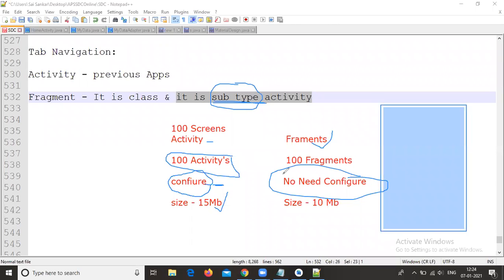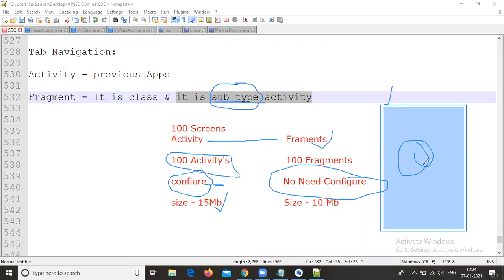Okay, so now you may have a doubt: sir, without configuring the fragments, how do we read these fragments in our Java file? That means with the help of an activity. By default we are creating the activity, right? So inside the activity, this fragment is available.